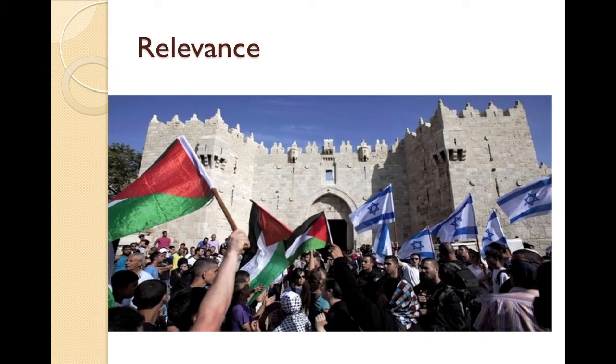Relevance. The first half of the 20th century created the political world we live in today, and most of the current political issues we face are directly connected to the events discussed in this chapter. Conflict in the Middle East, including the rise of terrorism, political struggles in Africa and Asia, and economic interconnections are all with us because of the two world wars that devastated Europe and the rest of the world.